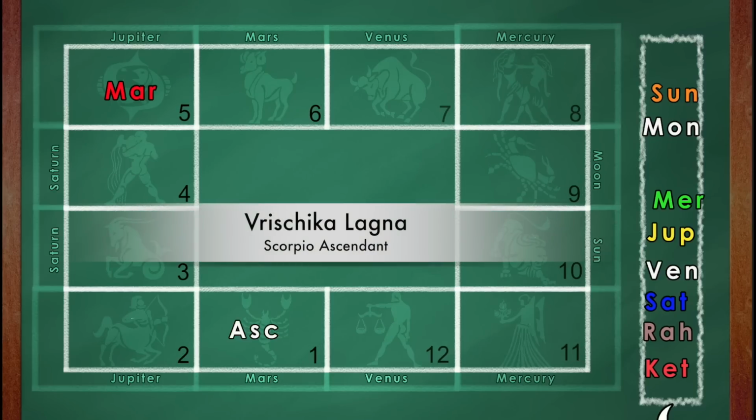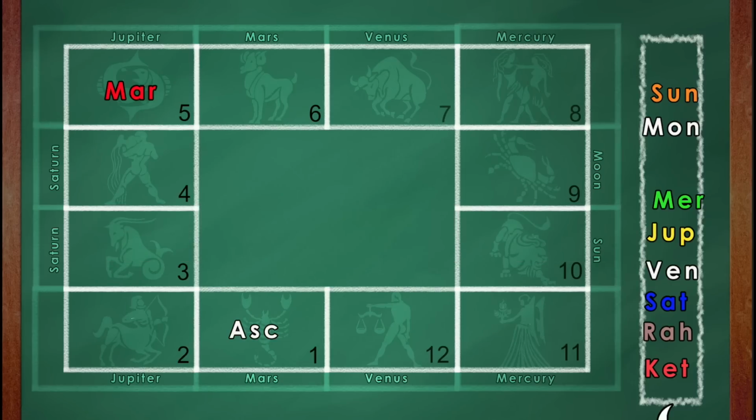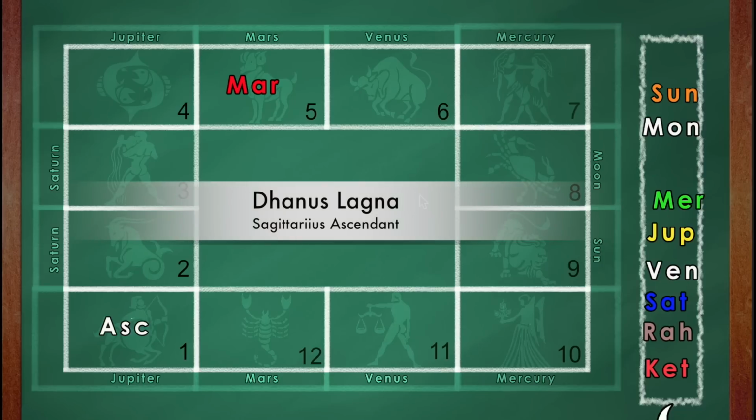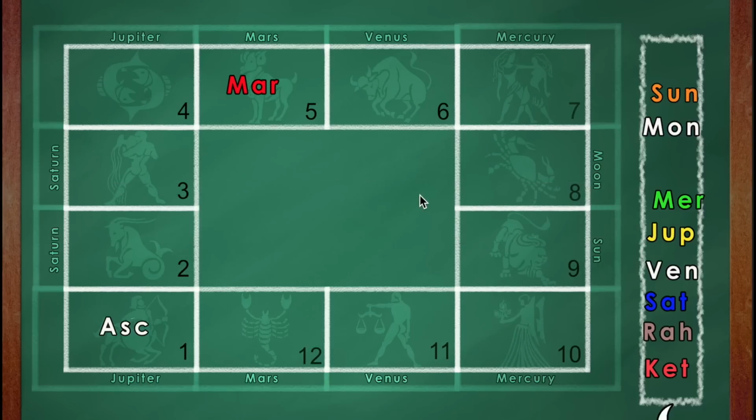This is another situation of Mars being in the fifth house, but Mars is in the sign of Jupiter, best of natural benefic planets, and therefore you should expect more of the positive side of Mars to express itself. This is Sagittarius ascendant, Dhanur Lagna, and Mars in the fifth house. This is very good because Mars is in its own sign, and you should expect more of the positive side